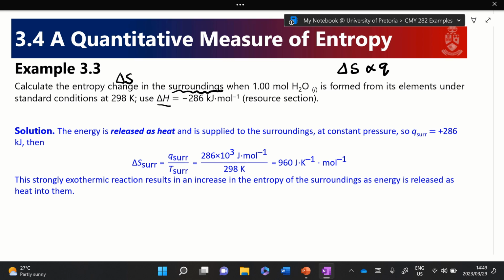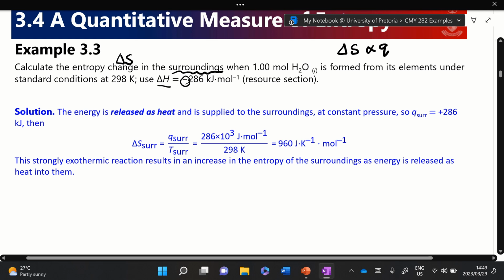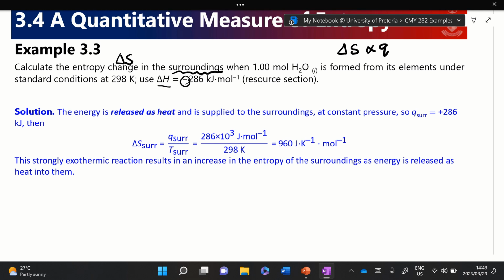So, this minus shows us that there is 286 kilojoules, because we're working with 1 mole, so that can immediately be written as 286 kilojoules of energy is released as heat to the environment or the surroundings. In other words, we should expect an increase in the entropy of our surroundings,